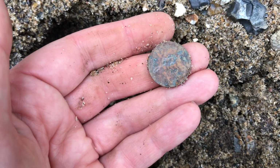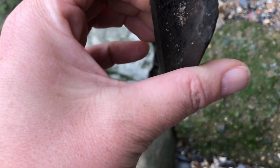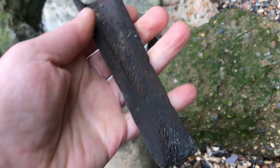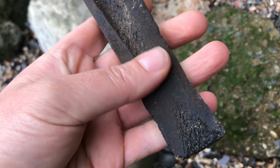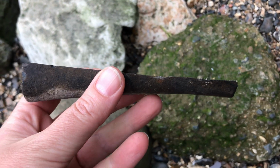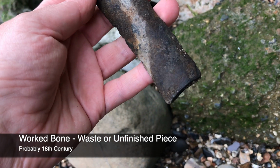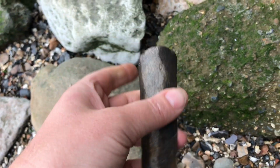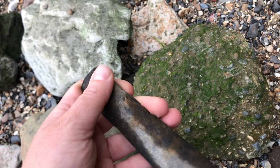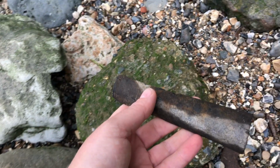Okay, there we go. I've picked this piece of bone up here because you can see it's been worked, it's been filed down to be prepared perhaps for a handle of some sort, so I'll take that home. I love a piece of worked bone, as you know,